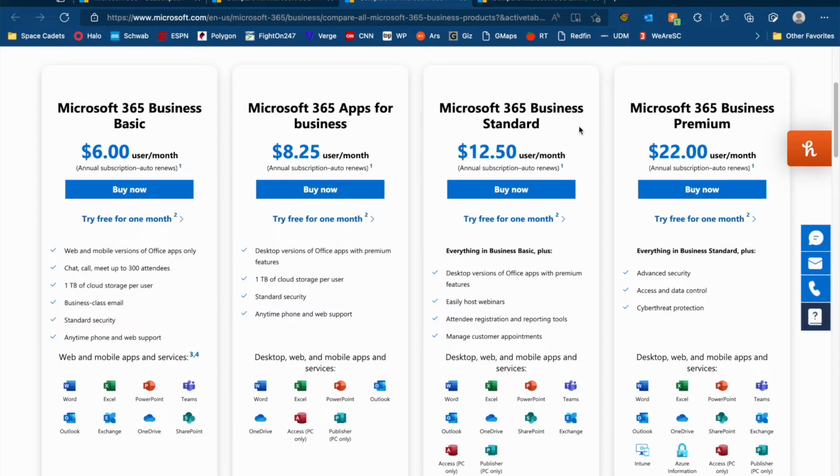Microsoft 365 Business Standard. For a lot of companies, this is going to be your starting point. This is where you're going to get the desktop applications as well as access to the web versions of those applications. You're going to have the collaboration tools that I spoke about previously, specifically Teams and SharePoint. Teams being that instant messaging and video conferencing tool set, and SharePoint being an online document repository that your teams can use. So this also brings in a few additional components like Forms, which are online survey-based tools that you can create, and you're also going to be getting